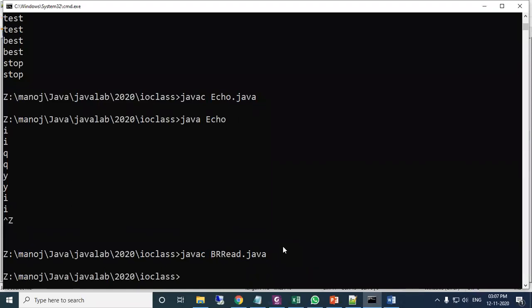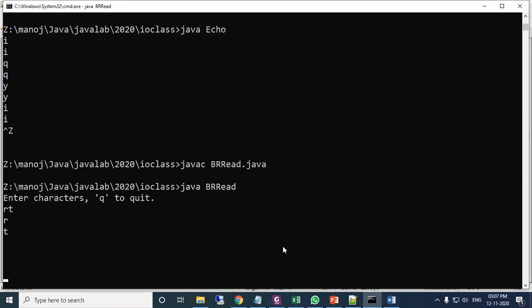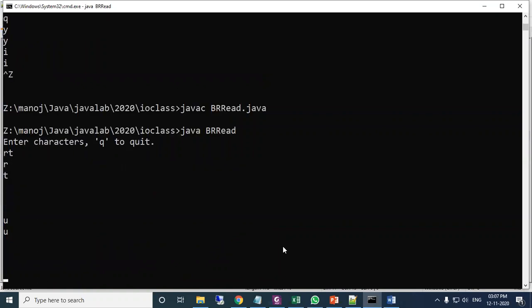Compiled successfully, then run with java. The message shows: enter character q for quit. Whatever data I input, each character is shown when I press enter.